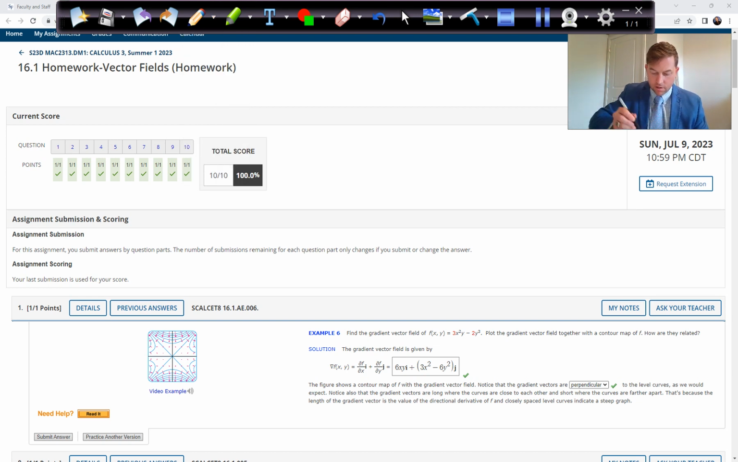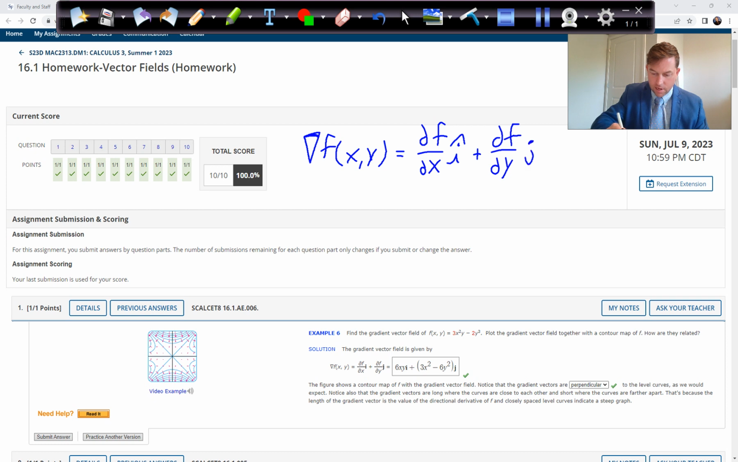So the vector field is going to be the gradient vector field. The gradient is this upside down triangle, upside down delta, and it's going to be the partial derivative of f with respect to x along the i direction, so the x direction, plus the partial derivative of f with respect to y along the j direction. So if our function